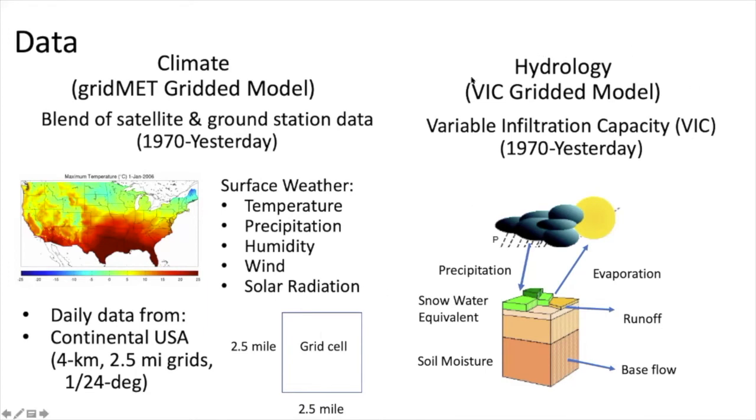And then second, we have hydrology data, where the hydrology data is obtained by feeding these daily weather inputs into this Variable Infiltration Capacity hydrology model. And in this model, each grid cell is given a land surface and 3 soil layers, and the water balance for that grid cell is decided given the daily precipitation and the daily evapotranspiration. It computes the snow water equivalent and the soil moisture at these different levels, and decides how much runs off, how much infiltrates and contributes to the base flow. So basically that's the hydrology model that is used to give information about snow water equivalent, soil moisture, runoff,